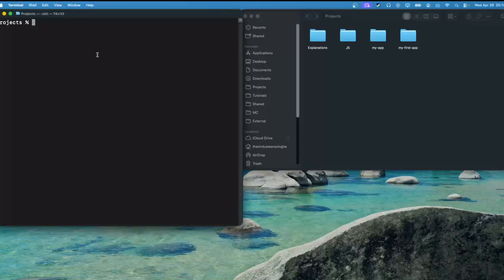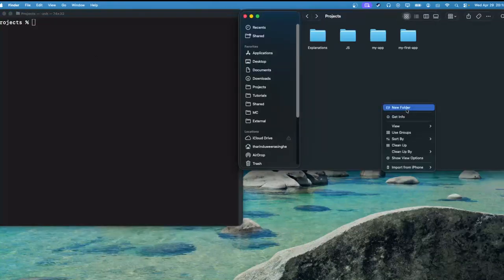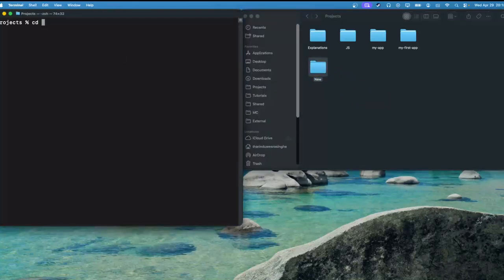So first of all, I'm going to go to the File Explorer and create a new folder called New. So I'm going to create the React Native project inside this folder. Then